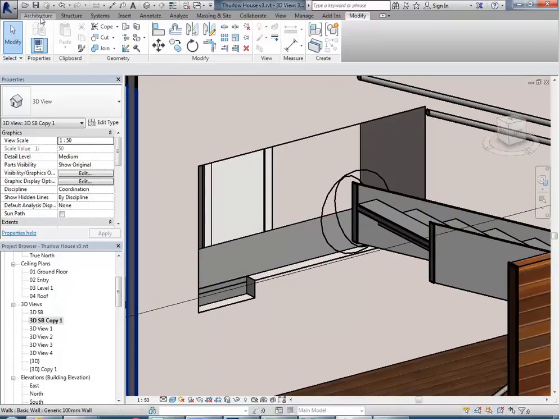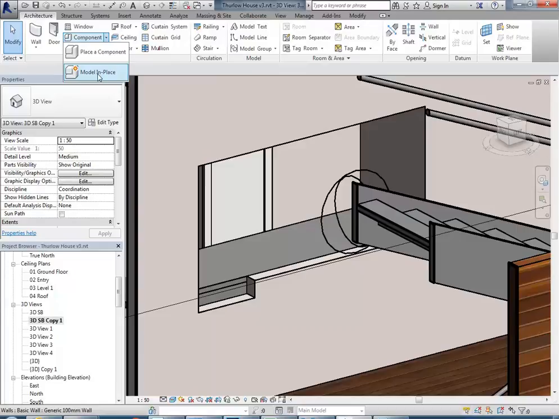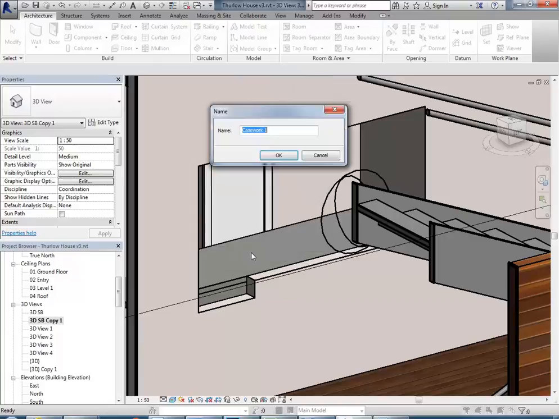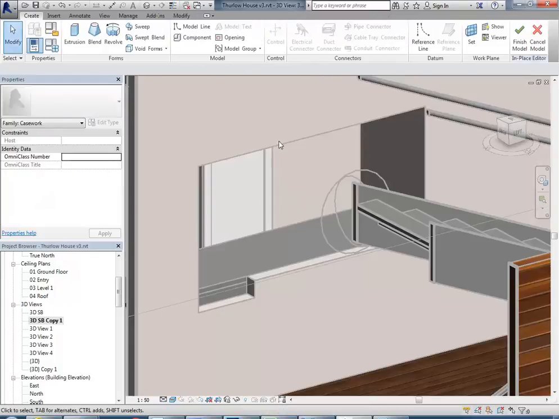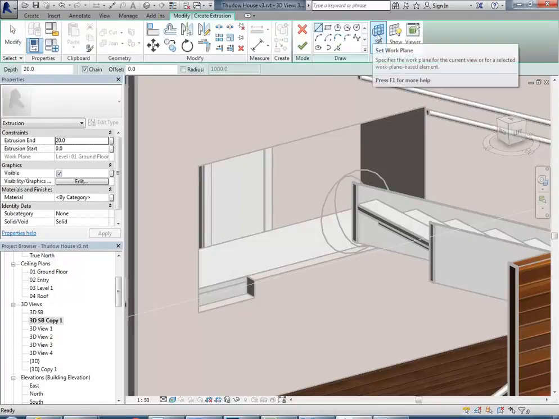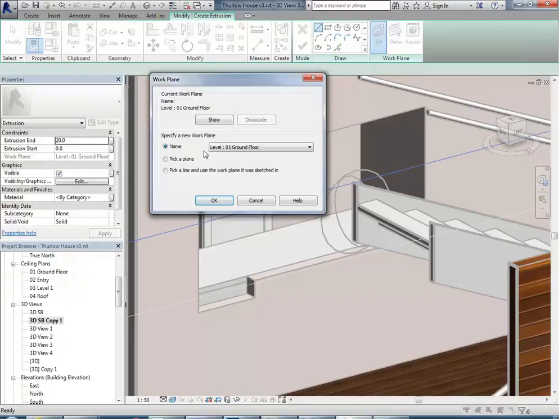So here again, using model in place, and again I'll just set it to casework. Okay, let's call this kitchen hatch. So I've done most of the hard work already. If I go to use extrusion and then set, and again pick a plane,